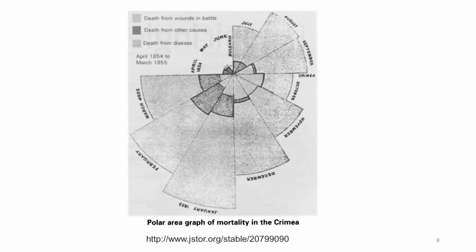She was also interested in data visualization. And this is a visualization from the Crimean War. This shows where they categorized how people died from wounds in the battle, from other causes, and from disease. By organizing the data into these broad categories, you can see a trend. You could see that deaths on the battlefield are only a very small portion of the deaths that occur during a military event. So by organizing data into categories, we can start to see trends and patterns, and that's why we want to structure data in a more organized way.